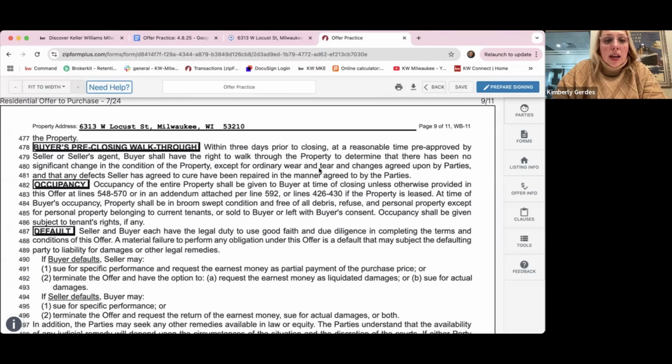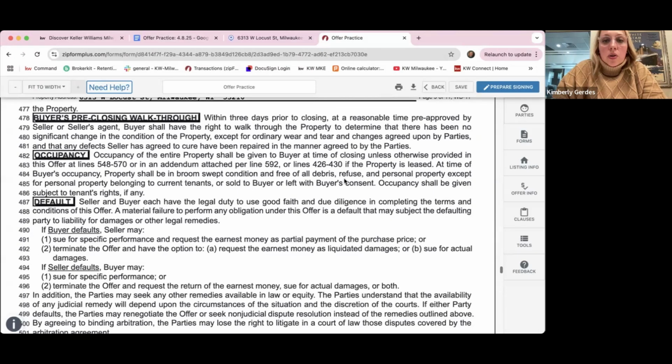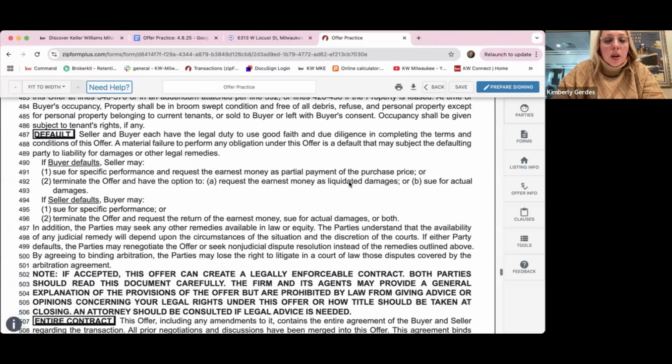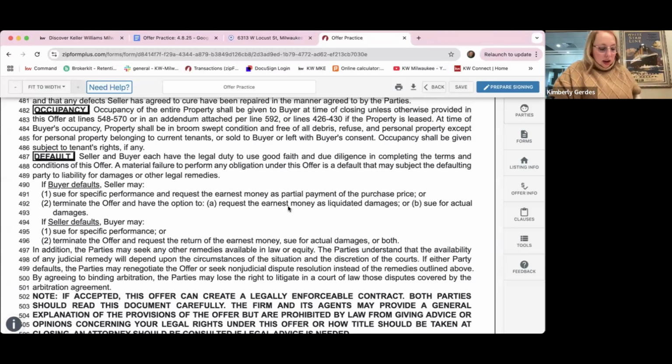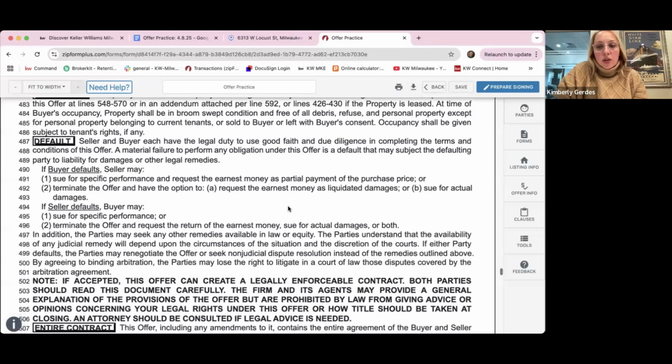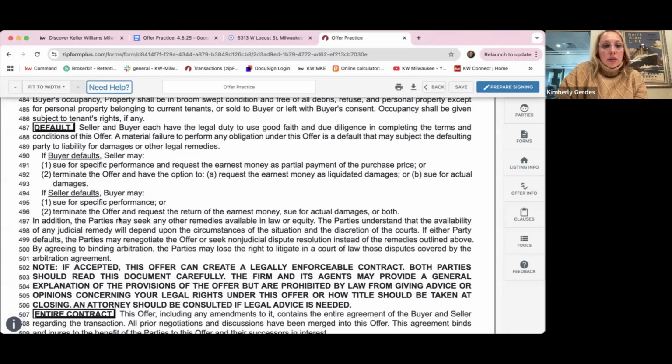Your buyer also has the opportunity to have a final walkthrough within 3 days prior to closing. So that's something that both parties agree to. This states here, or summarizes here, what happens if one party is in default of the contract. So we have to do our due diligence to try to complete the terms of the offer. Both parties do. But if somebody defaults, or something happens, this outlines what